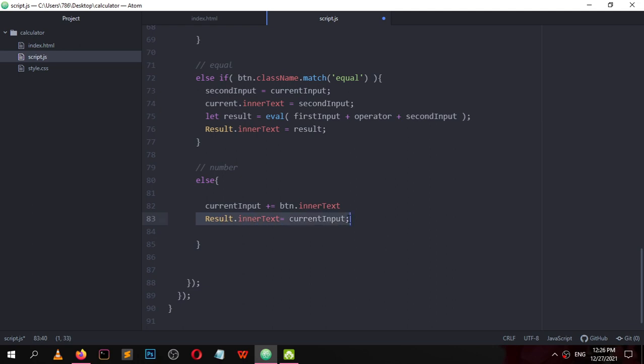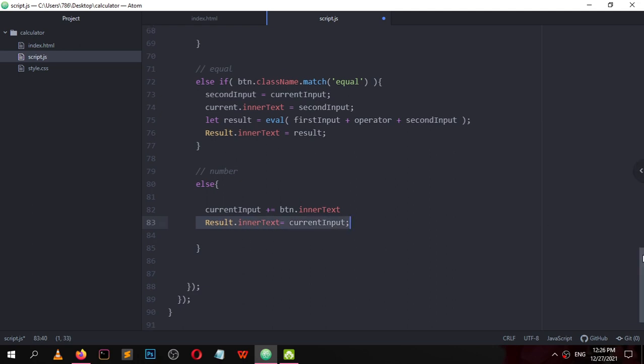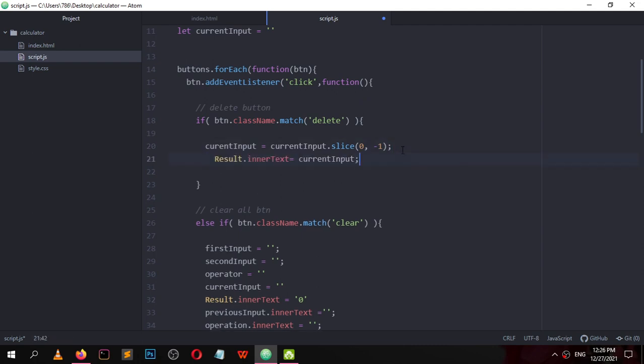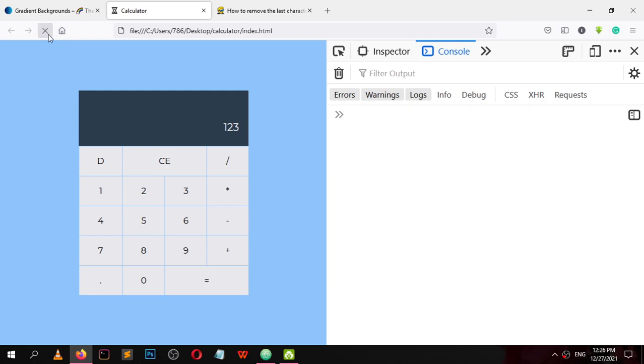Result dot inner text is equal to current input. Reload 1, 2, 3 plus 33. I just wanted to add 33, not 333. So delete the last one. The last one is deleted but is not updated.